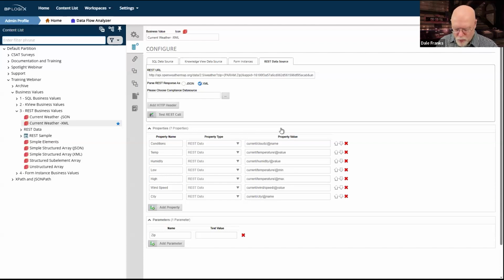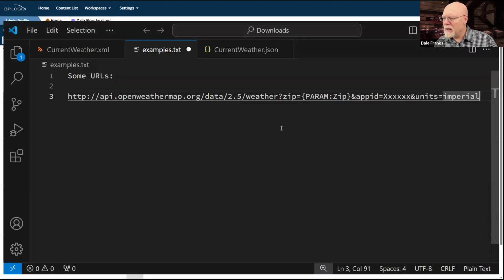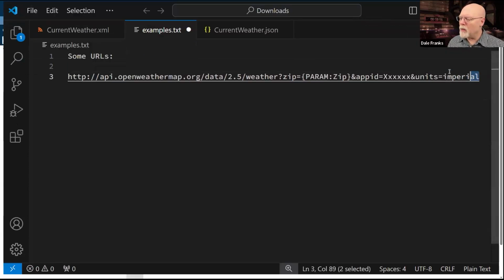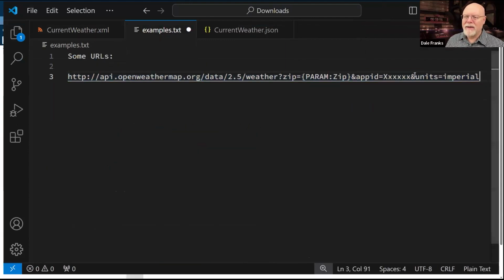Now, this is one version of the URL, and in fact, let's switch over to my Visual Studio Code page here, and we can actually see this is the URL that we are currently using in that particular REST service that we just looked at. And this is only one of the possible formats in which we might see a REST URL.